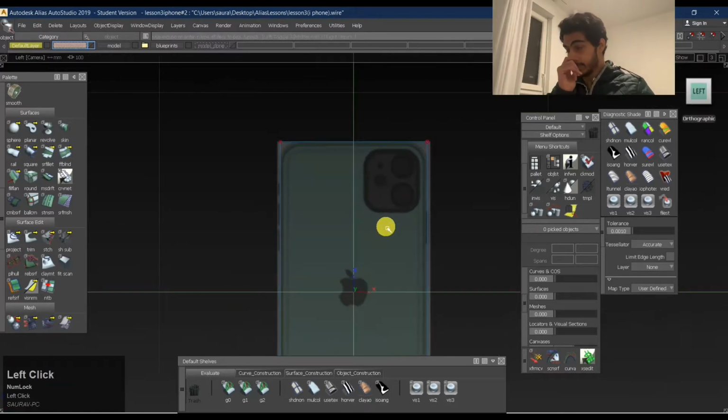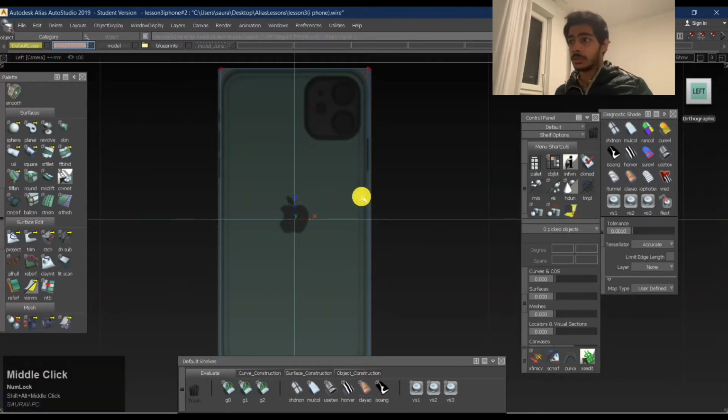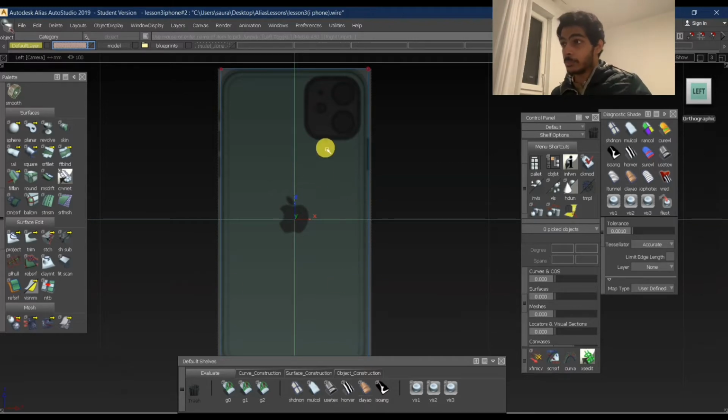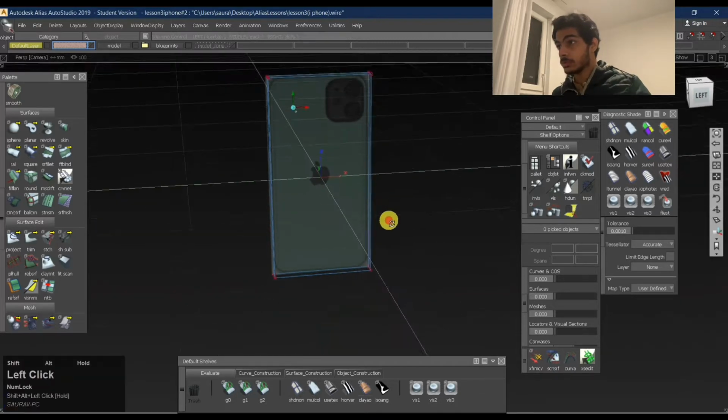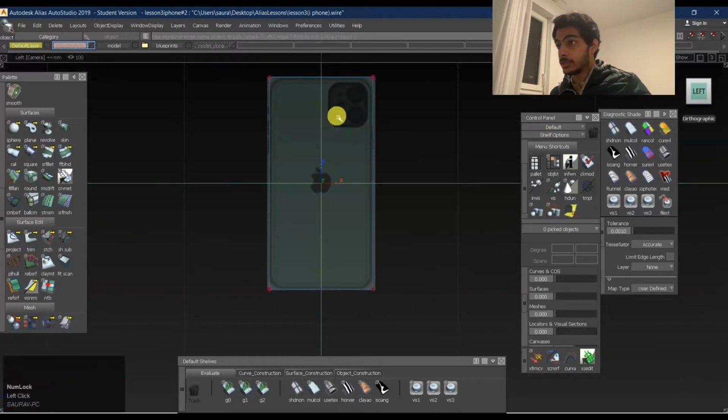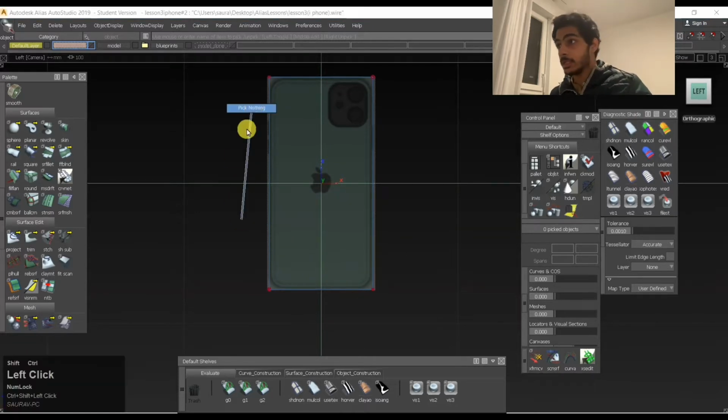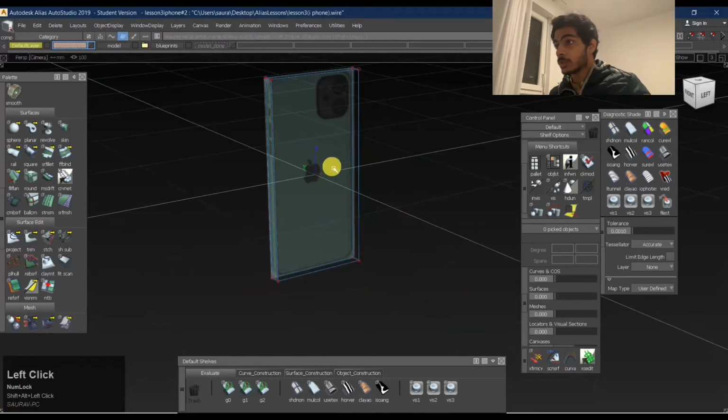One thing that comes into mind when modeling any mechanical object is most of them are quite symmetrical, right? Over here, if you see, the base body of the iPhone is symmetrical in 4 different axes, right? In 4 different axes, it's symmetrical. So it's on the negative side as well. On both the negative sides, it's symmetrical, right? So what we'll do is, first